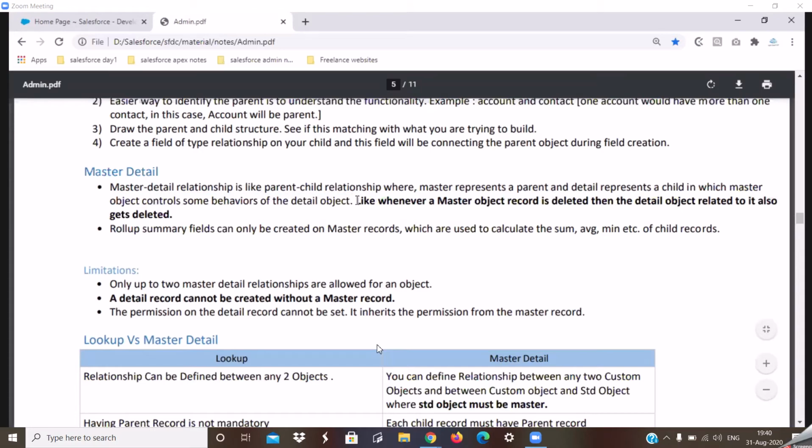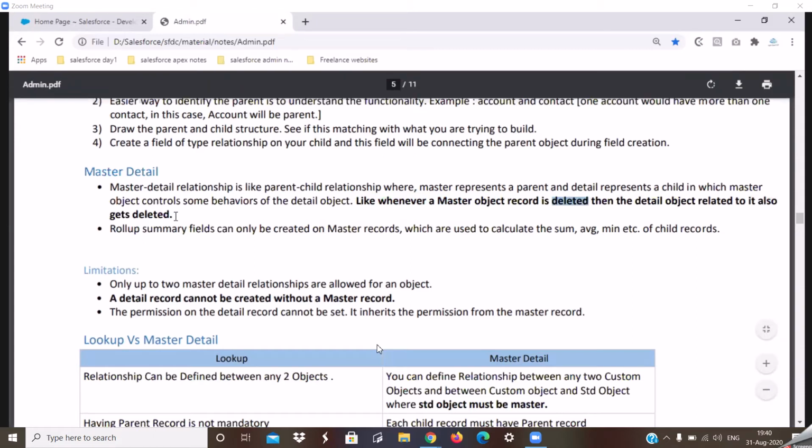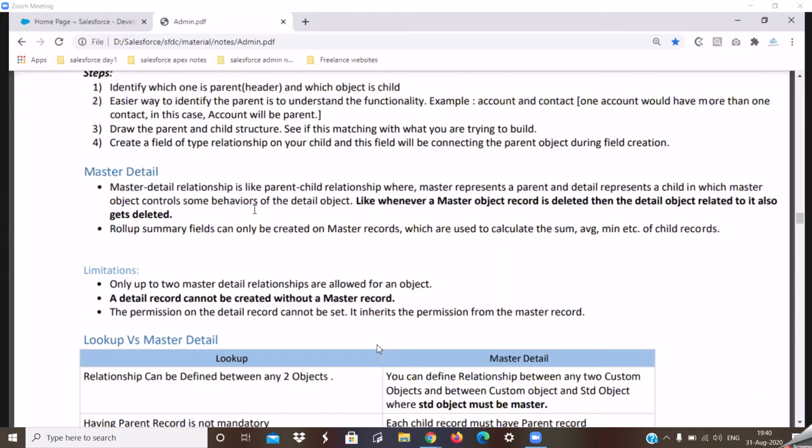The next important point to remember in master detail is that whenever a master object record is deleted, the detail records related to it also get deleted. It is not like the lookup relationship, where if I delete my parent, the child just loses the information it had in that field.